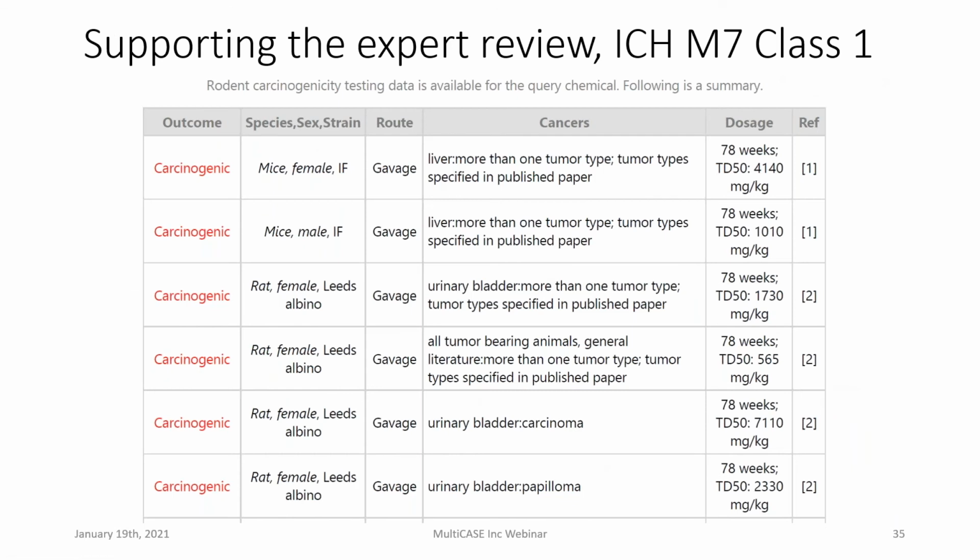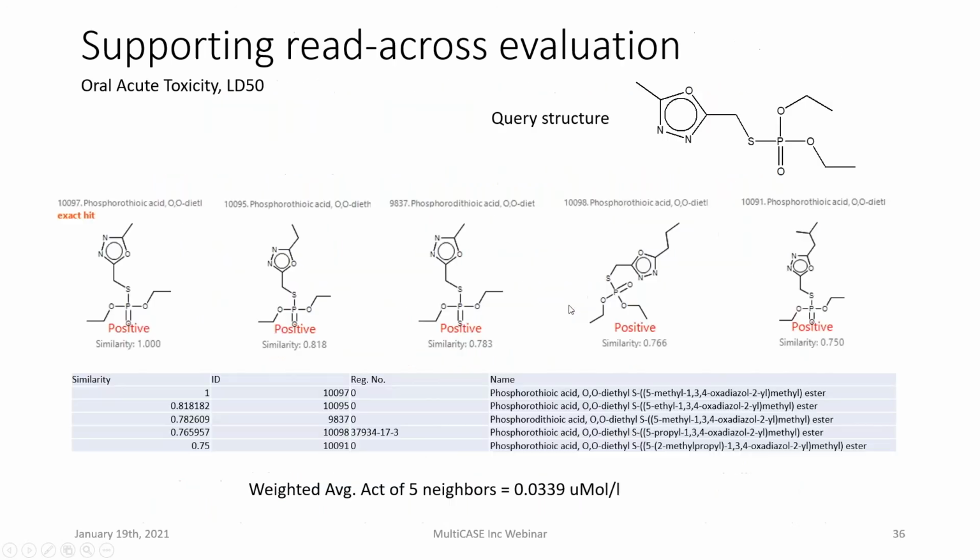When we do expert review, we also need to know the carcinogenicity status. And that's what you usually get if your chemical is found in the Rodent Carcinogenicity Database. You get this kind of information. So it will help us decide that this chemical might actually be ICH M7 class 1. And finally,